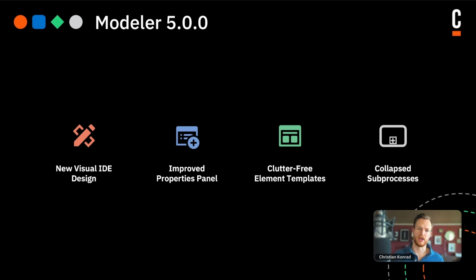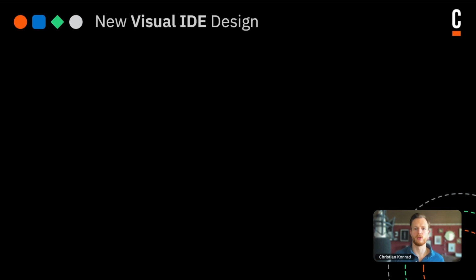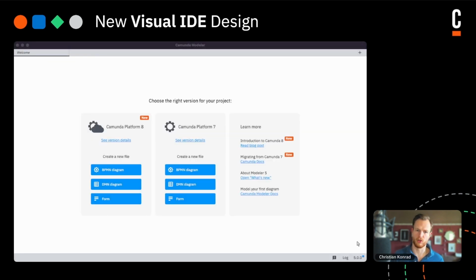We will start today with the most obvious change, the new design language. We adhere to our principle of creating and improving a great business process editor experience for professional developers as our core audience. Our approach is to provide an application that is familiar to developers, but also understandable to other groups of users. As a tool, we don't want your attention. We prefer you to concentrate on your tasks, not on the application. So, following this vision of becoming a visual IDE, we reworked the entire Camunda Modeler UI.